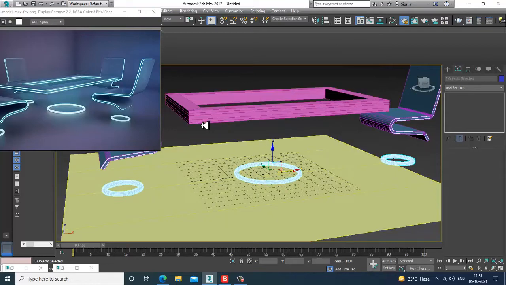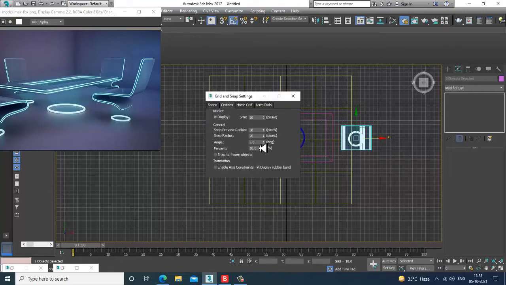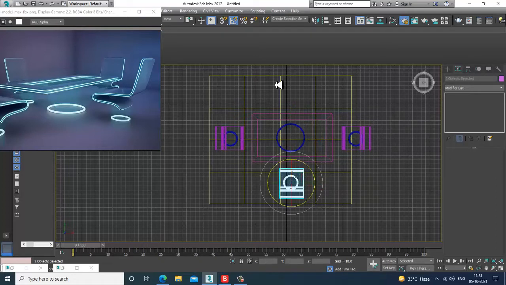Select this, go into angle snap toggle, set it to 90 degrees, and rotate it. I'll slightly push this till here. Mirror it in the y-axis and drag it over here.